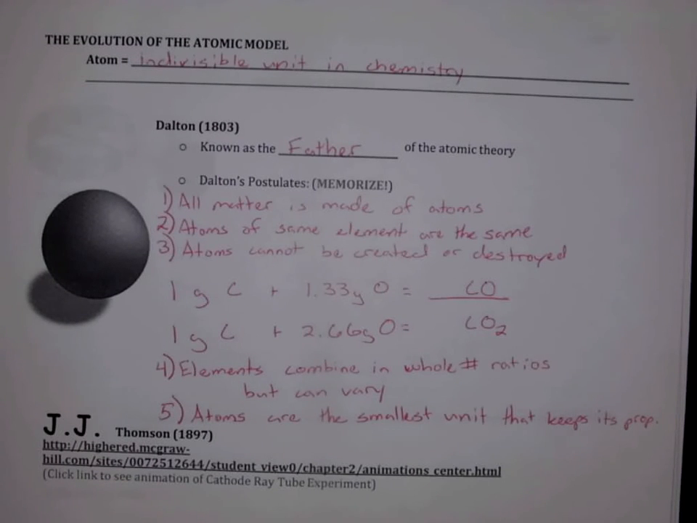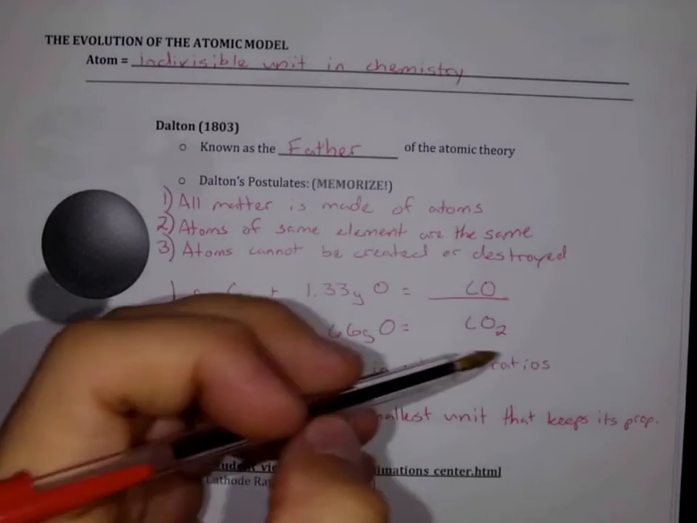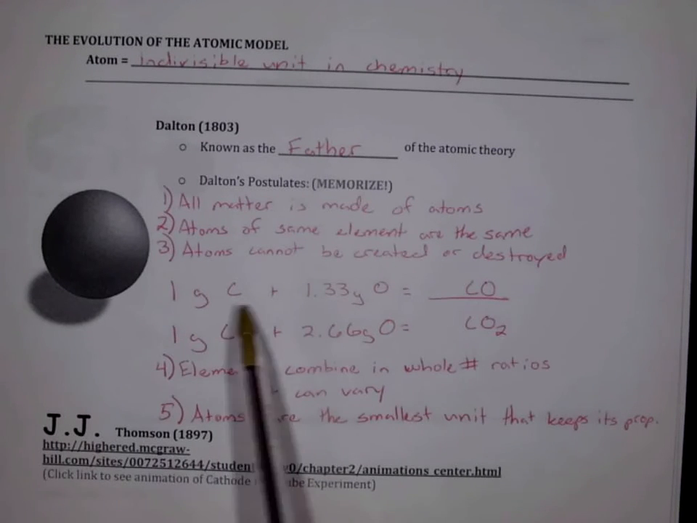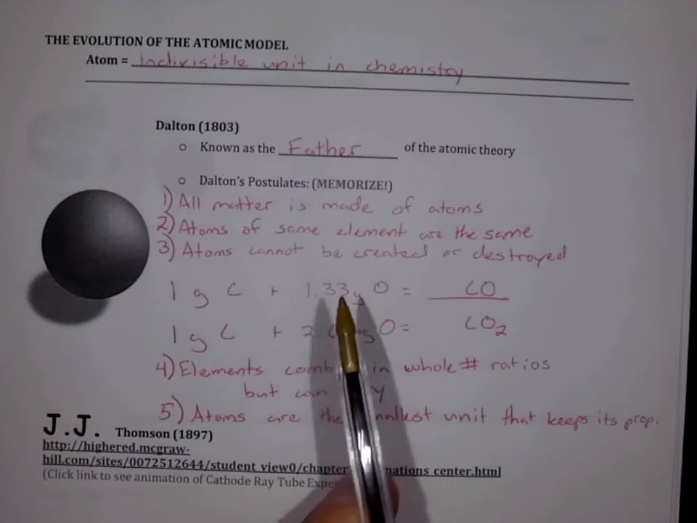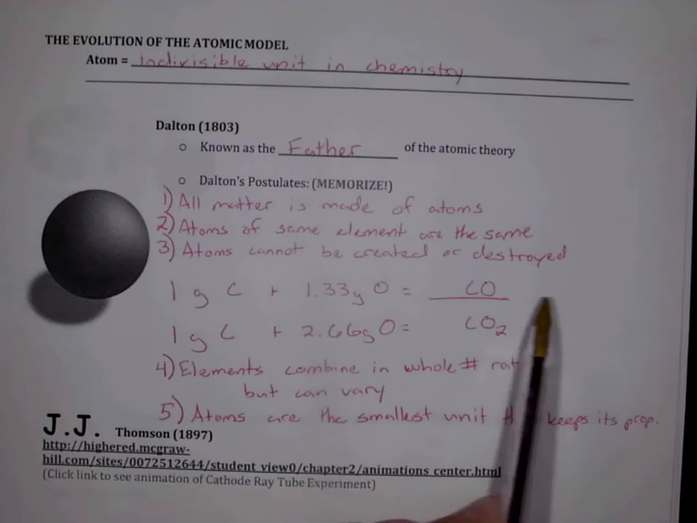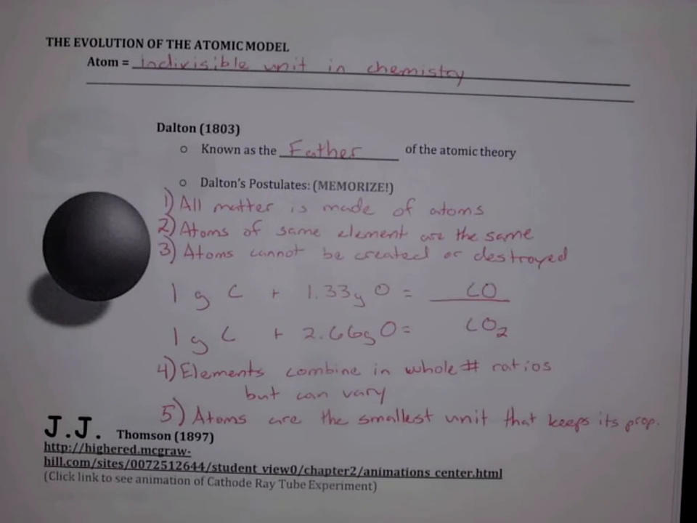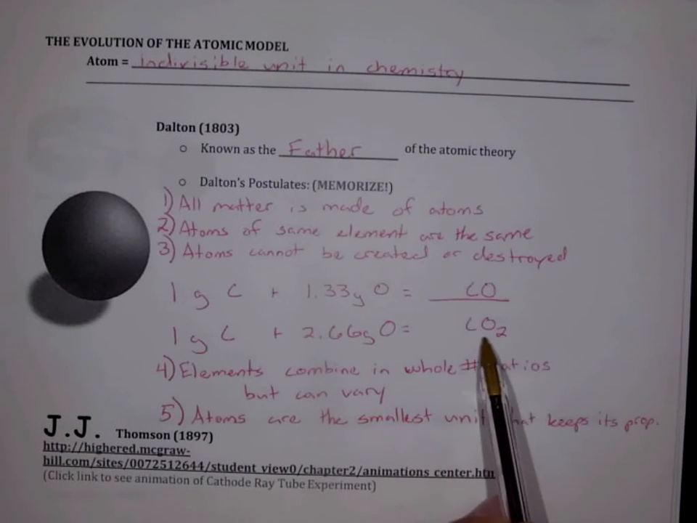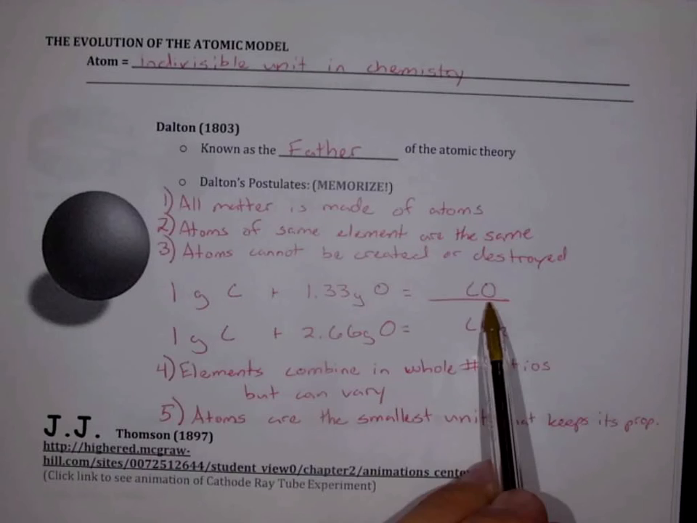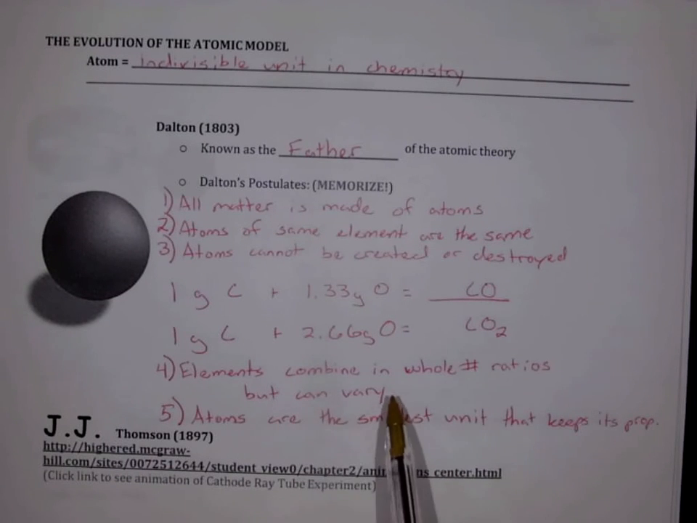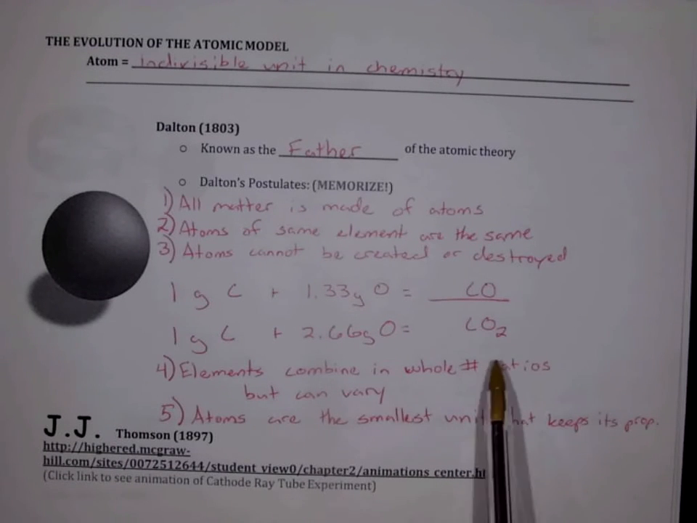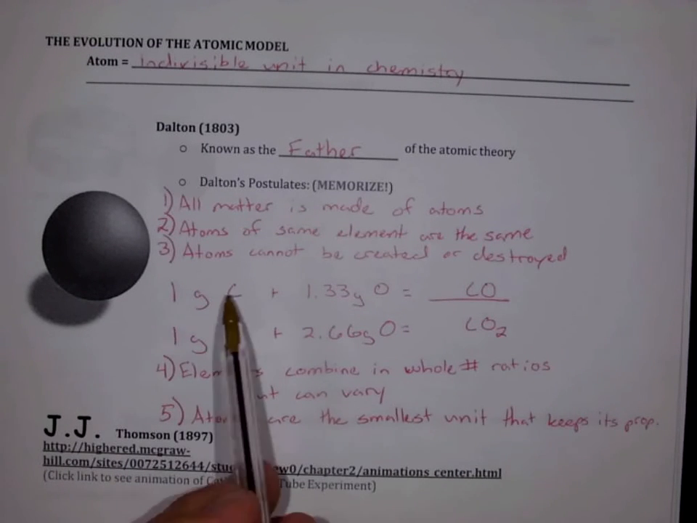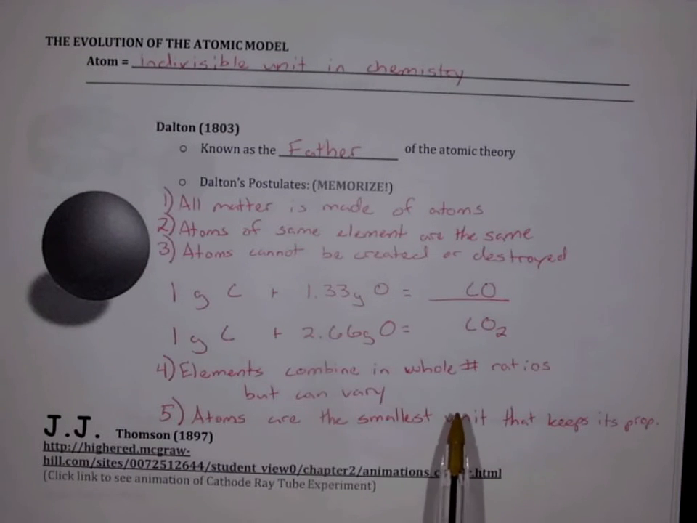All right, so what Dalton did was he said, here's this evidence, and I see that it always combines in a ratio, and that ratio, if I limit it, is going to be a whole number ratio. But that ratio can change, right? We can have 1 gram of carbon combined with 2.66 grams of oxygen, and I'm going to get CO2. But if I have 1 gram of carbon and 1.33 grams of oxygen, I'm going to combine it and get